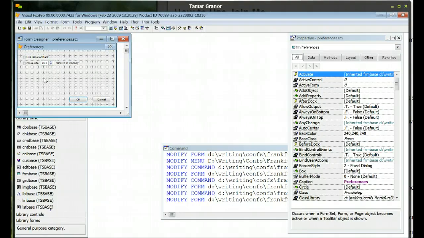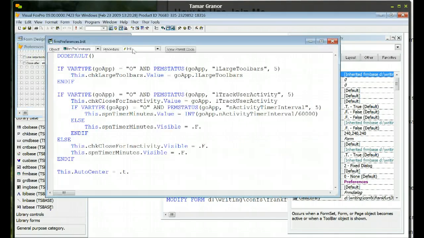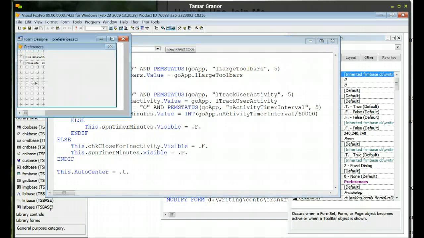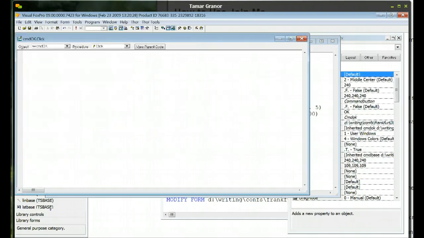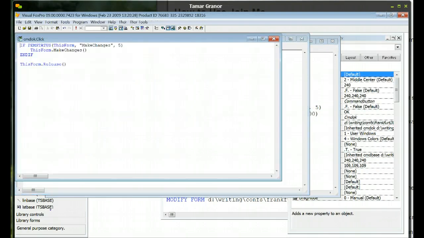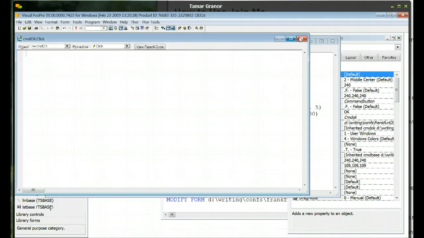So the preferences form has a make changes method. No, let me start actually with the button. When the OK button fires, there's code in it that says if the form has a make changes method, call that. This is from my generic dialog form. So the make changes method